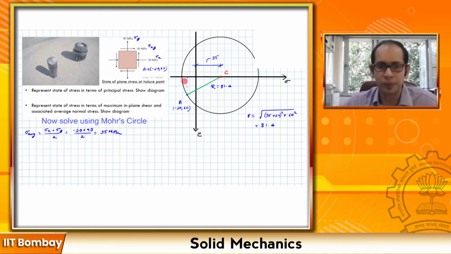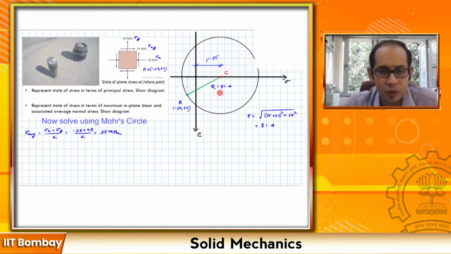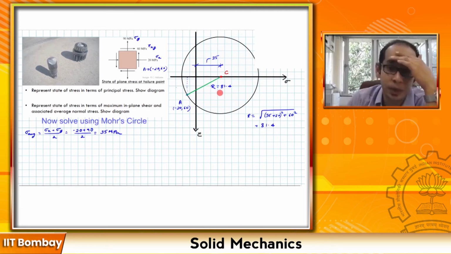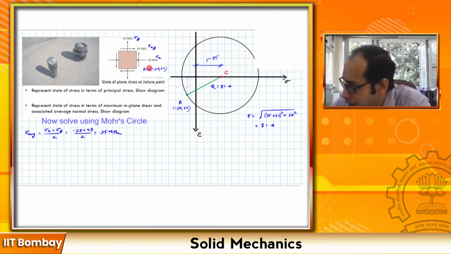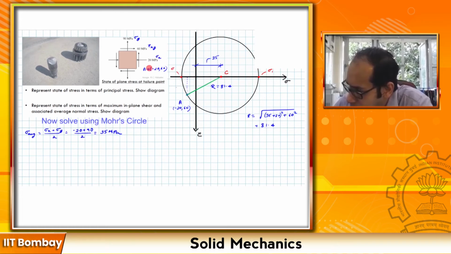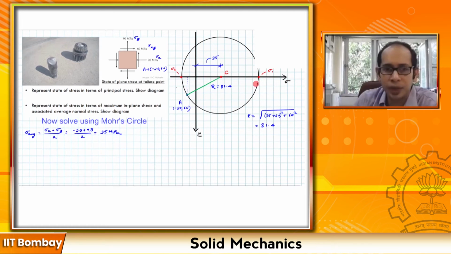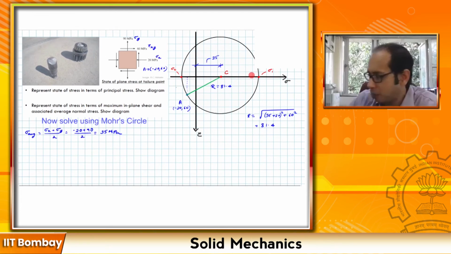Now that I have located this one over here, you see how easy it becomes to locate the principal stresses. These are the two principal stresses which you have at the extreme right and the extreme left over here. So let's go ahead and mark that. This one I'm going to call sigma 1 and this one sigma 2. Now how do I calculate sigma 1? Very simple. I know the distance from the origin to this point C is 35, and I have to add the radius over here. So sigma 1 simply becomes equal to